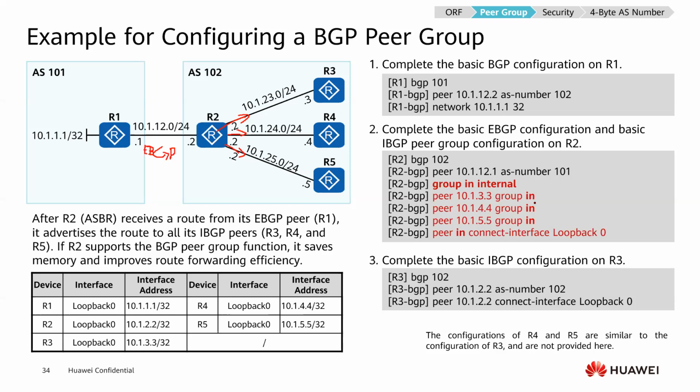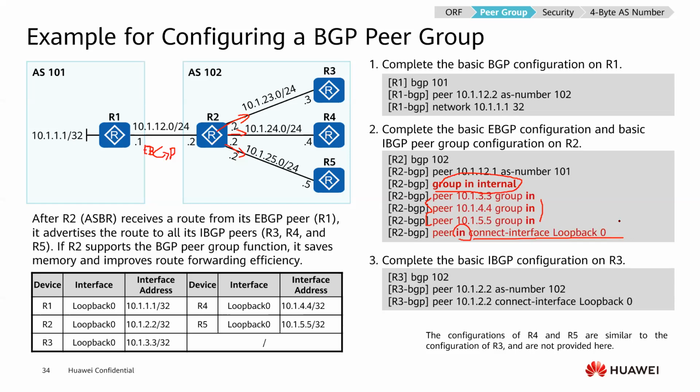BGP group, and first you just create a BGP group, and for the internal means you create an iBGP group, and external means you create an eBGP group. So now I create an iBGP group, and then I put these three neighbors in this group, and then you can just use this group to